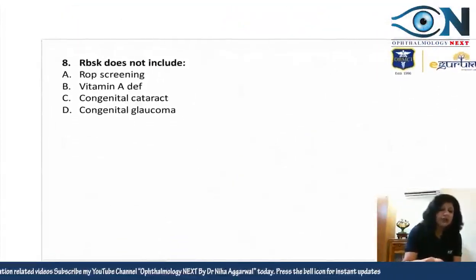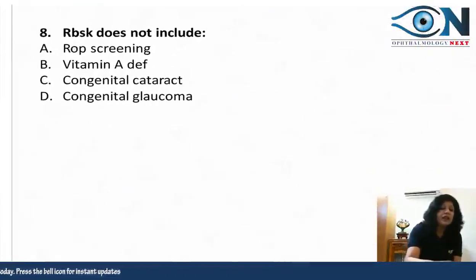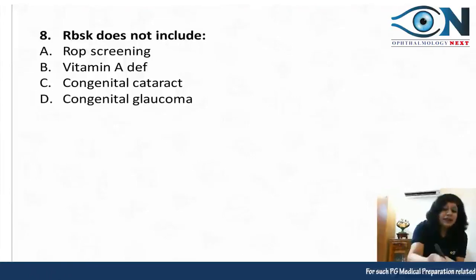Okay. Now finally we come to the RBSK. RBSK is actually a kind of rural health, public health, right? So what is this actually? This is your